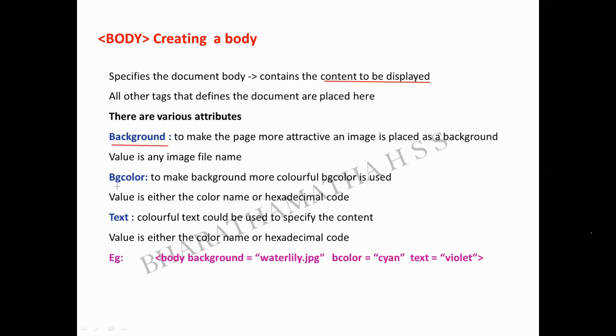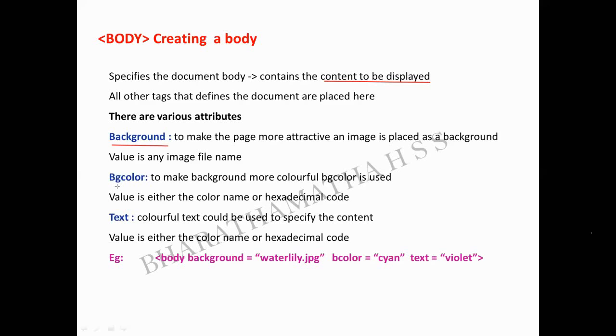You should be very careful. So BGCOLOR means, instead of that white color, or if you don't feel like having an image, you can give a color of your choice. Is it clear? So for that only you have your BGCOLOR.